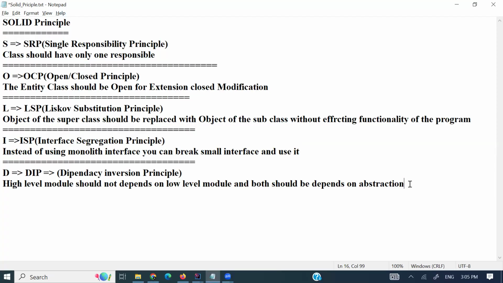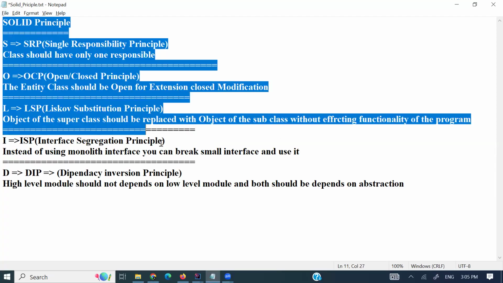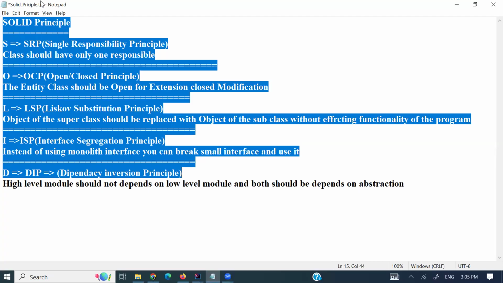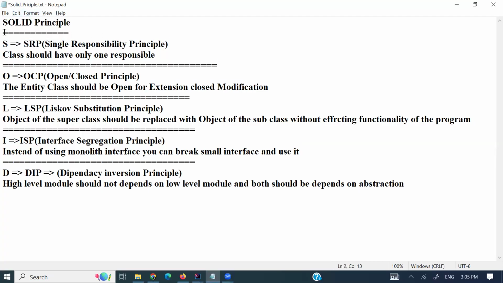If an interviewer asks you, what is the SOLID principle, can you elaborate? Then you should simply say the SOLID principle contains several parts: S stands for SRP, O for OCP, L for LSP, I for ISP, D for DIP. S stands for the single responsibility principle, where a class should have only one responsibility. O stands for OCP, the open closed principle, where an entity class should be open for extension and closed for modification. And the Liskov substitution principle,